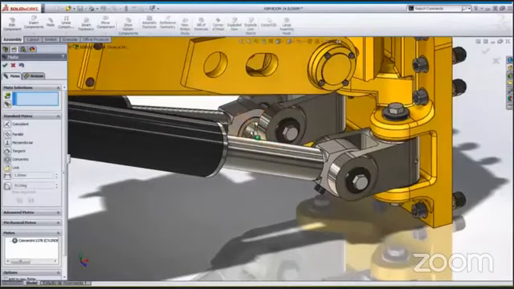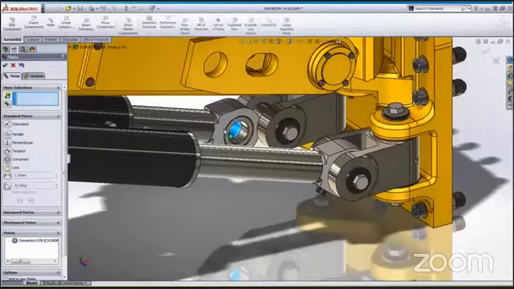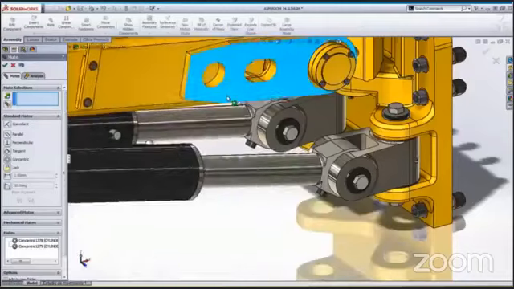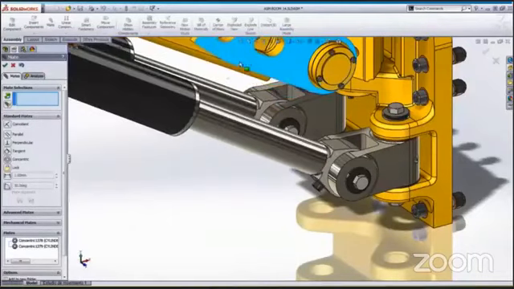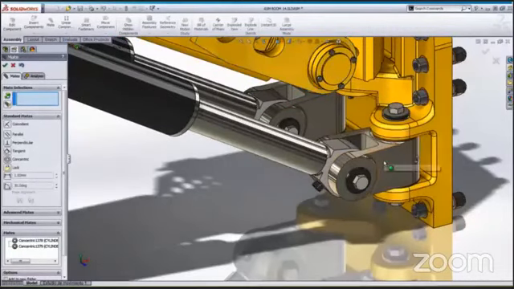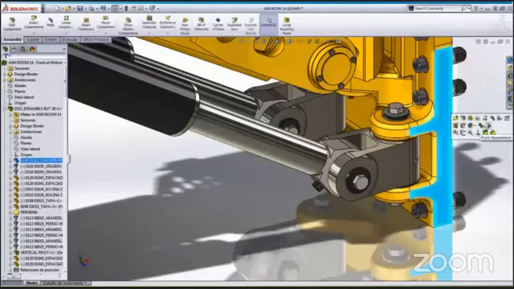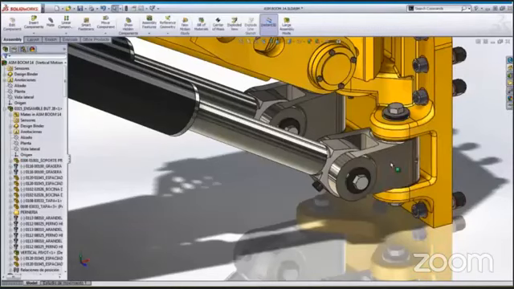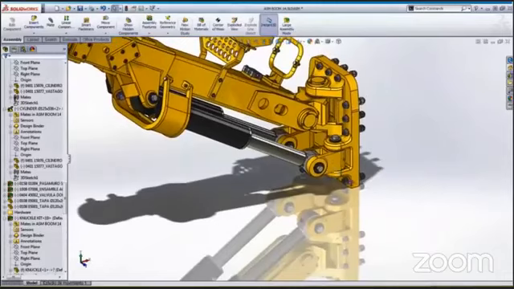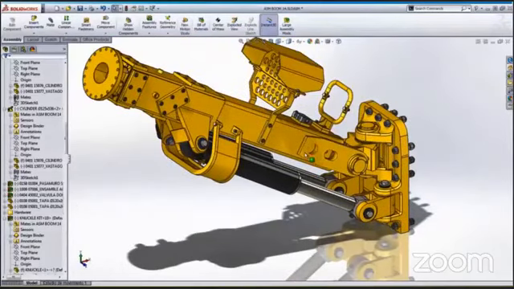Let me do this first. As we move the boom, you can see that our assembly behaves exactly as we want. Our steel knuckle looks a bit out of place and could use some paint. To do this, we will simply copy the appearance of the support bracket and paste it on the knuckle. Looks pretty good.